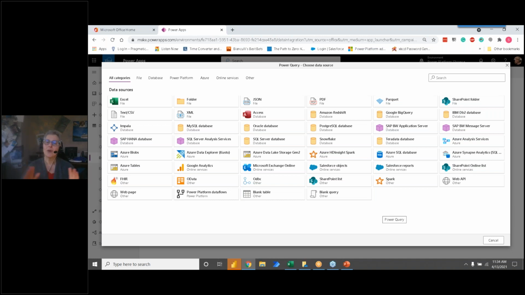DLPs can be created either at the tenant level over all environments or at the environment level. So if, for instance, the administrator didn't want me to see anything in Salesforce, they would have created a DLP where they had blocked these two connectors. And when I open this interface, they wouldn't be there.